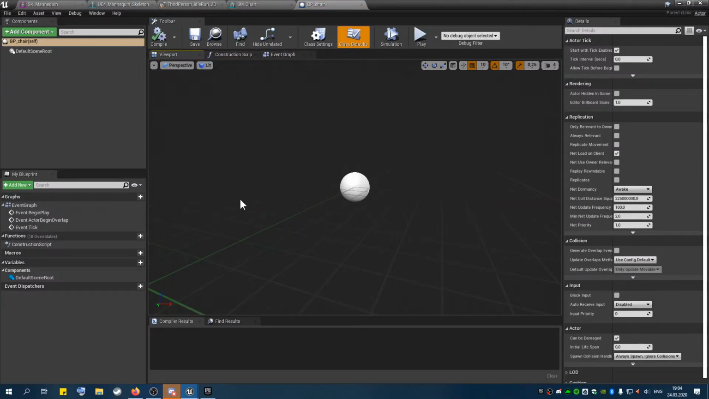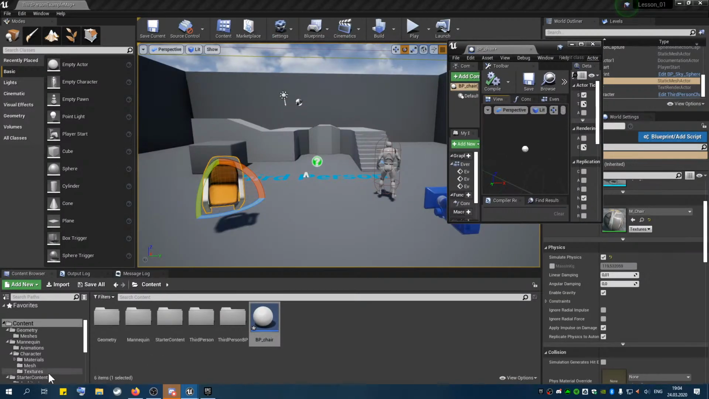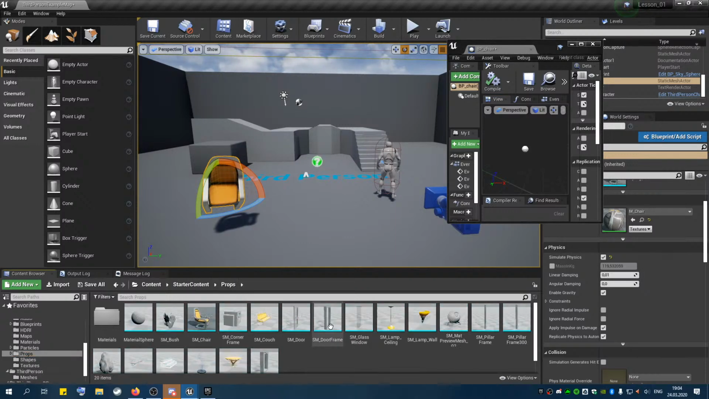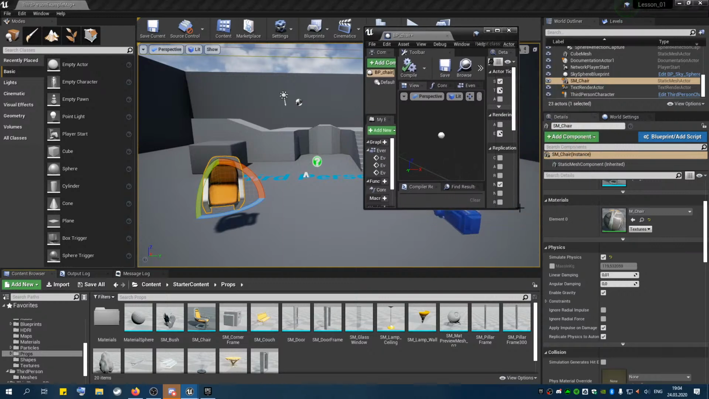I will be really quick with this, because we already covered a lot of material today and I don't want to overwhelm you with it. So I'll make it really simple here. Our chair, as you can see here, we took from static content, and it was in props. It shows SM chair static mesh. So what can I do? I can just